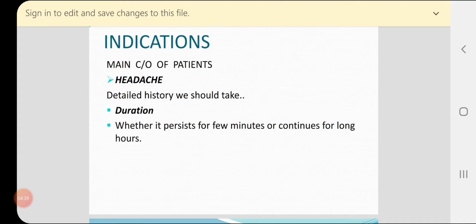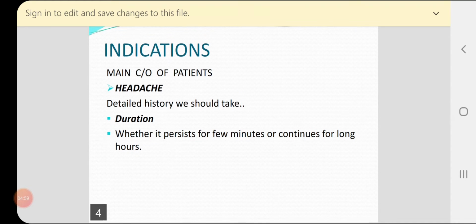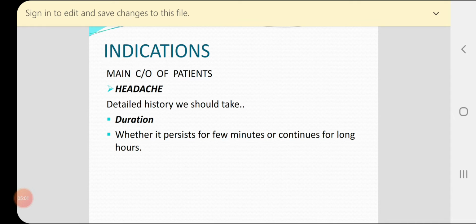We have all heard about sinusitis. Yes, we have a pain around the eyebrows and some kind of throbbing pain, and around the glands. That is our sinusitis. And migraine also, we have heard about migraine, or some kind of one-sided headache. These are all neurological conditions, and we need to differentiate between ocular and non-ocular headache. So these are non-ocular headaches.